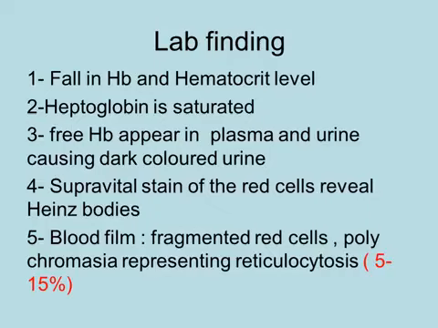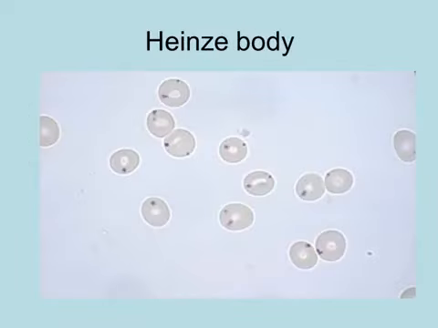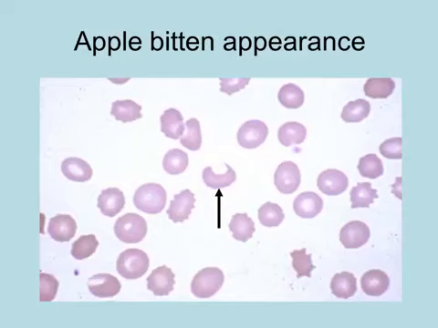The lab findings show low hemoglobin and hematocrit, saturation of haptoglobin, free hemoglobin appearing in plasma and urine, causing dark-colored urine. Supravital stain of the red cells reveals Heinz bodies, and the blood film reveals fragmented red cells with polychromasia representing reticulocytosis, which is usually 5 to 15%. In this slide, you can see the presence of Heinz bodies. These spots within the red cell are inclusion bodies, and here is the apple-bitten appearance typical of red cell